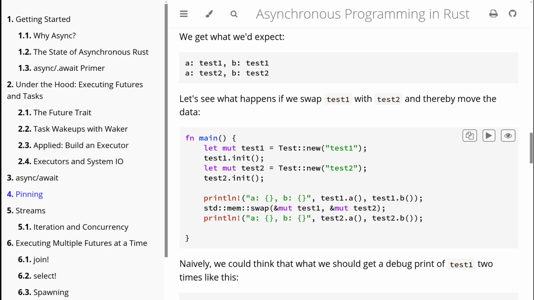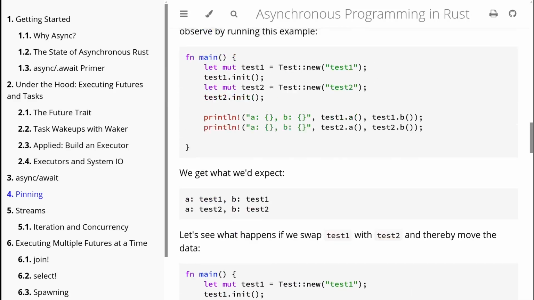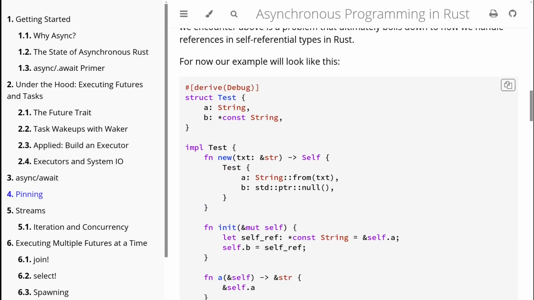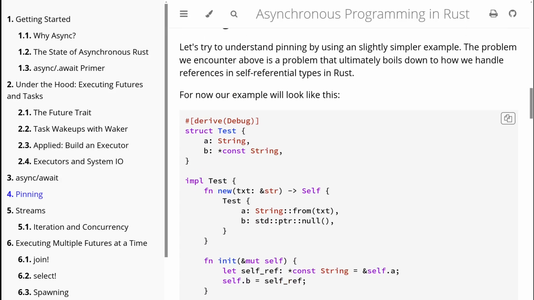Wait, hold on. Let me think about this. Wait, which one are we printing out? We're printing out test2, right? So like if we have two memory blocks, I can see how if you copy the memory of. Yeah, I actually thought the opposite would be true, right? Cause like if it's about copying memory,